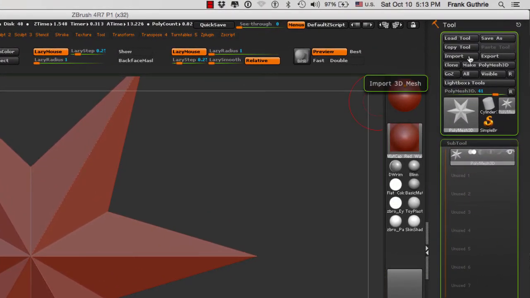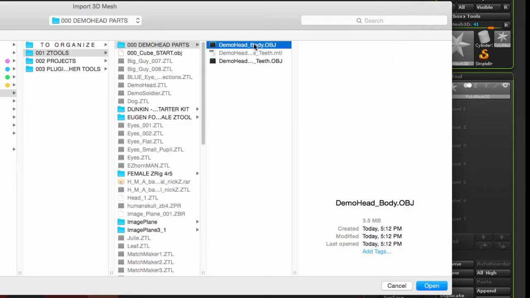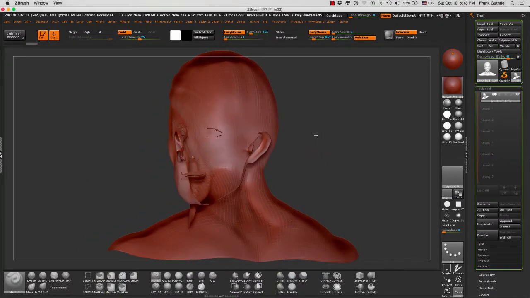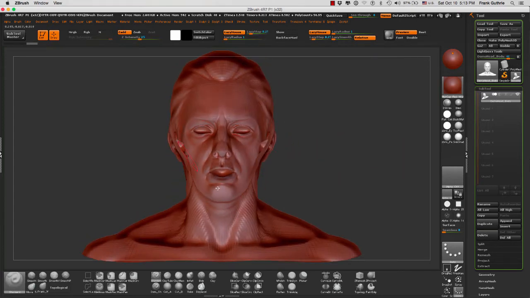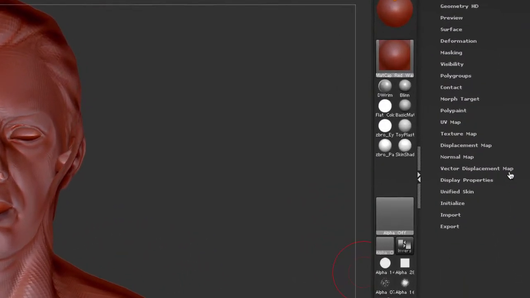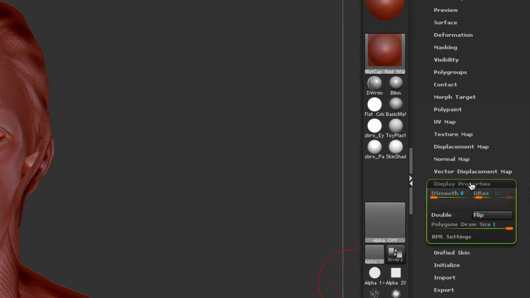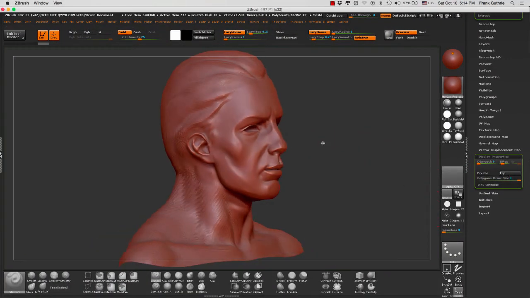and as soon as we import a 3D mesh in ZBrush, in this case our OBJs, when I select the demo head body, you will notice that we may have some issues with the normals of our polygons being flipped. But to fix this problem, we're going to go to the Tools palette. Towards the bottom there's a menu called Display Properties. We're going to click in there, and go to Flip Normals, and as you can see, our normals have been flipped,